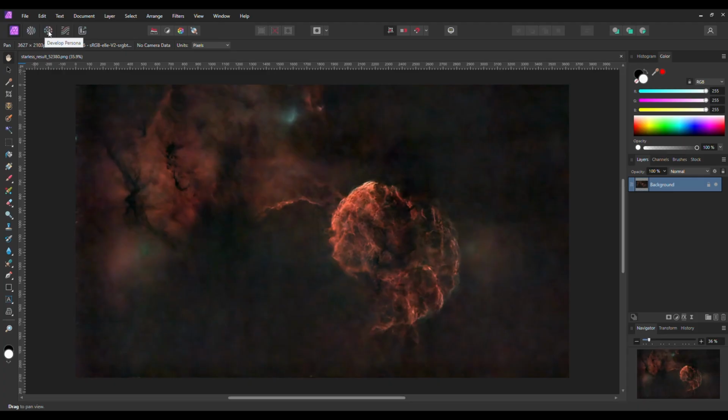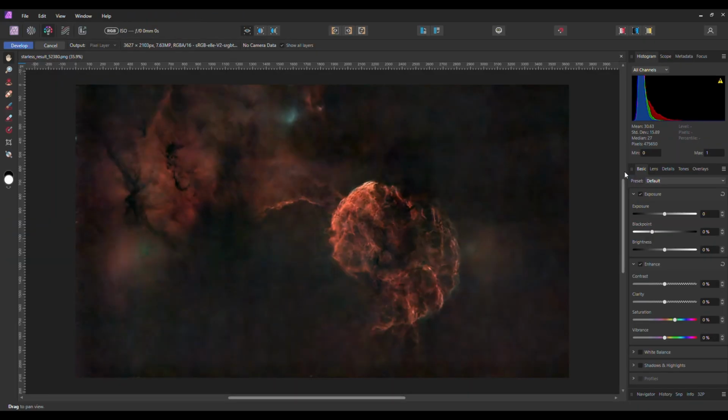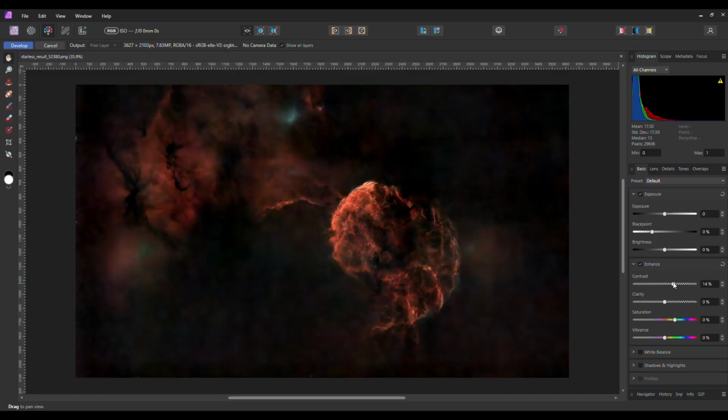Okay, this is Affinity Photo 2, but it's a similar thing in Affinity, which has now been bought out by Canva. Or you can also use Photoshop as well. But what I'm going to do is I'm going to go over to this part of Affinity Photo, which is Develop Persona, they call it. And that gives me access to raw photo editing tools, like you might have seen in Photoshop or some of those other programs, even some of the programs on your phone. This is the raw editing